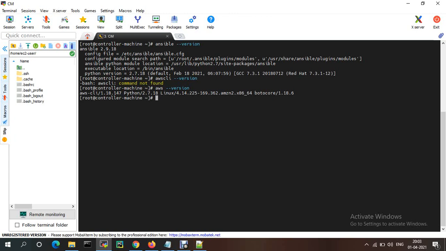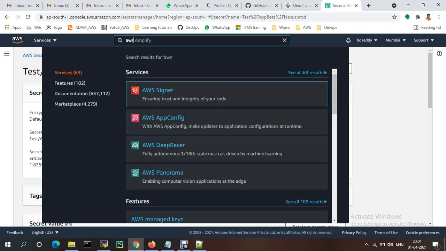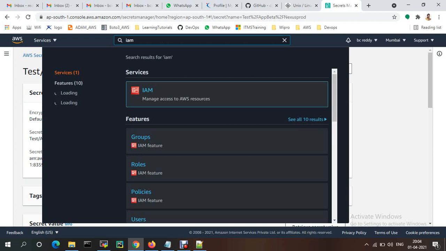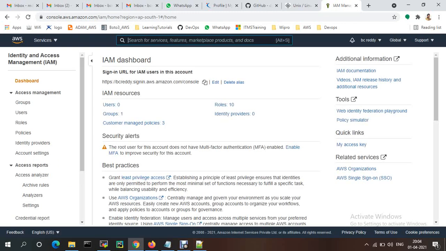We need to configure an IAM role or IAM user. So I go here and search for IAM.